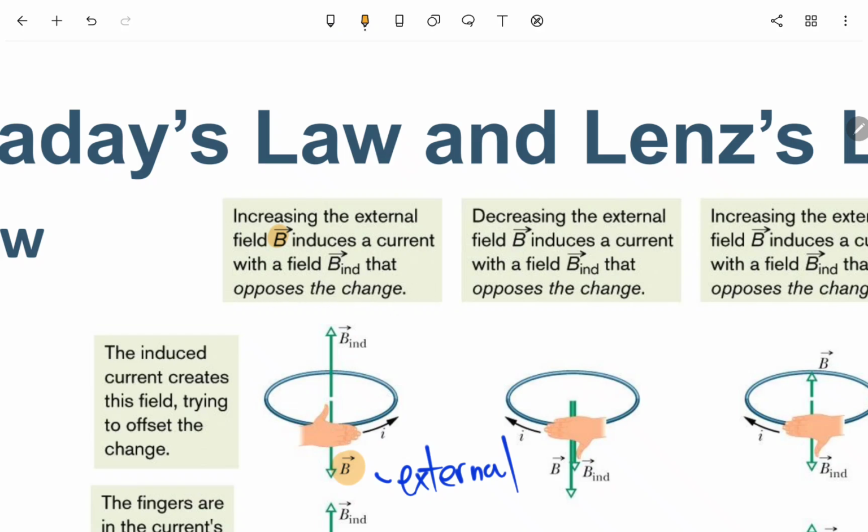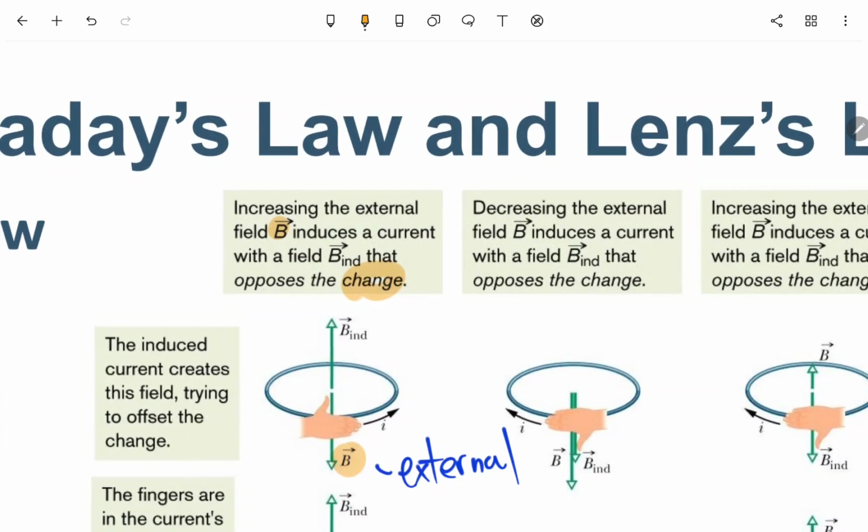So the direction of B induced is related to the direction of change rather than the direction of the external B field. So if the B field is increasing, then this B induced will be pointing upward to try to counteract this change. 所以这个 B induced 的方向是跟 B 的改变有关。